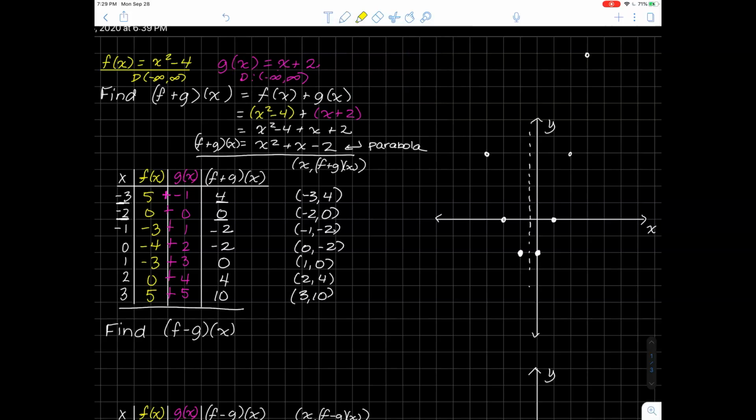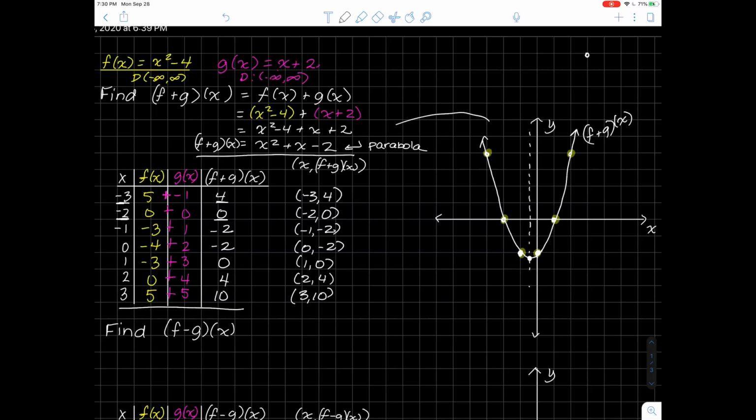Okay, I'll grab my highlighter here. The vertex would be dead center between those, and these points are symmetric across that axis of symmetry, and those points as well. So I'm just going to eyeball where that bottom point would be turning. I can do some other things to find it, but this is just a sketch of the graph. And so this is the f plus g of x,